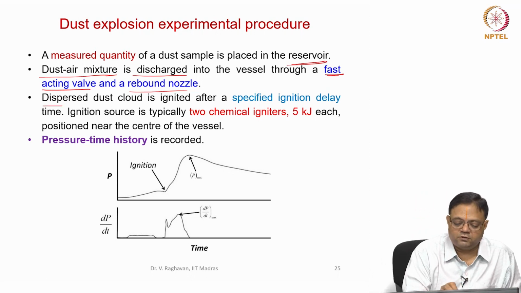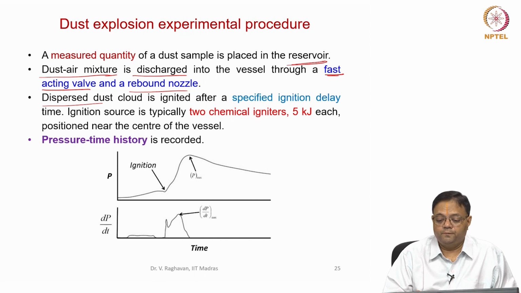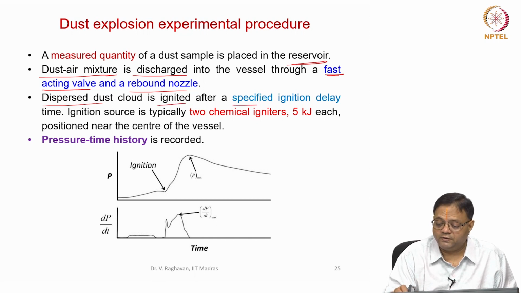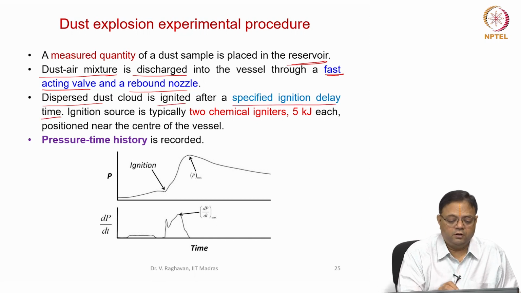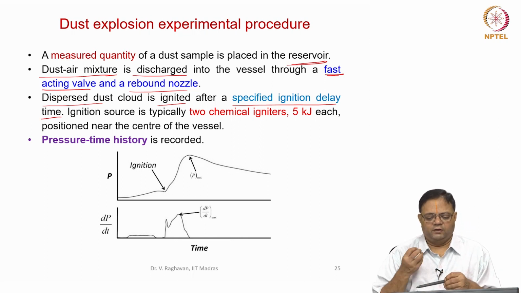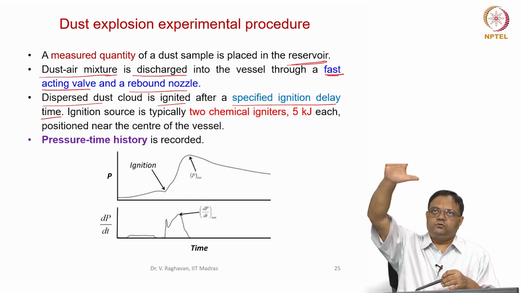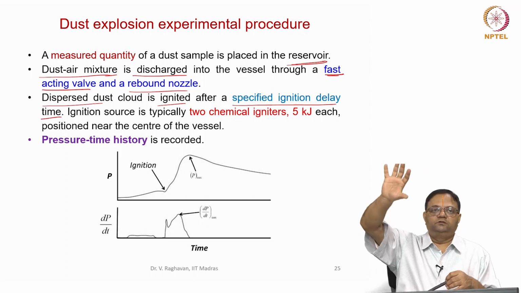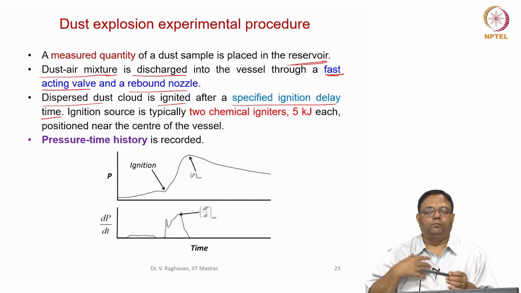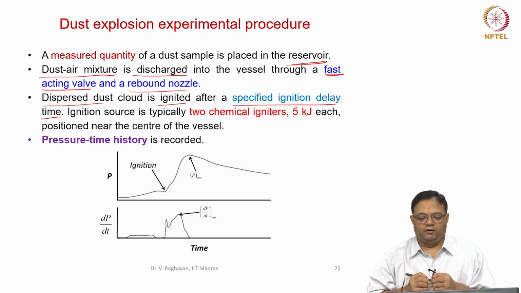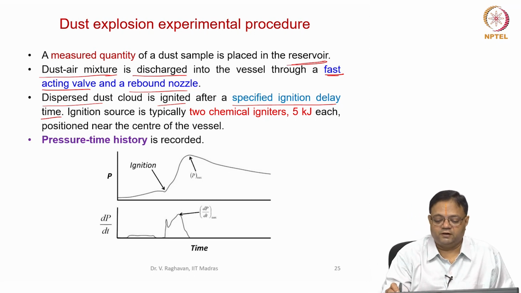Now this dispersed dust cloud is ignited after a specified ignition delay time, a very small time. Why is this time required? Because the dust has to settle. This cloud has to settle in the entire volume. For that, some time is given. Okay, after this ignition delay,